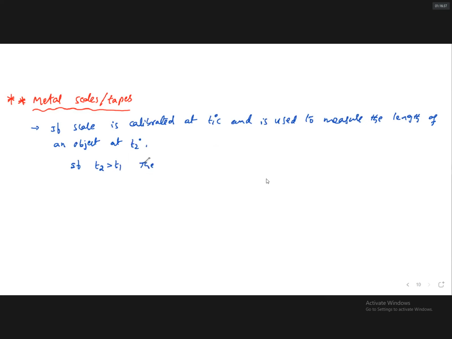then the length measured by that scale will be correct at T1 degrees Celsius only. But actually the scale is used to measure the length of an object at T2 degrees Celsius. Therefore, the correct length of the object at T1 degrees Celsius is equal to the measured length at T2 degrees Celsius,